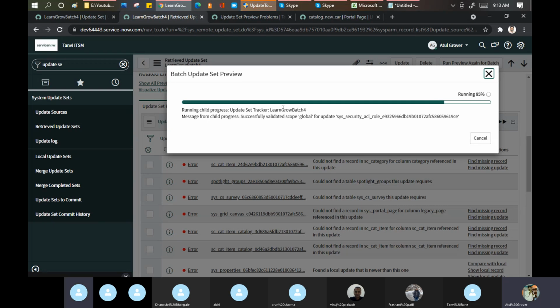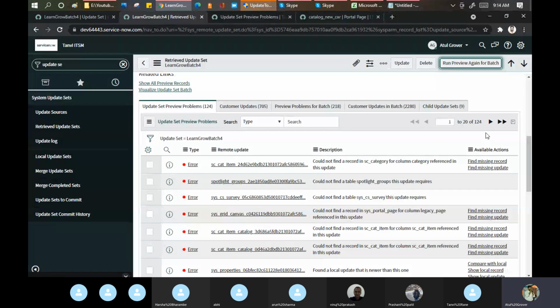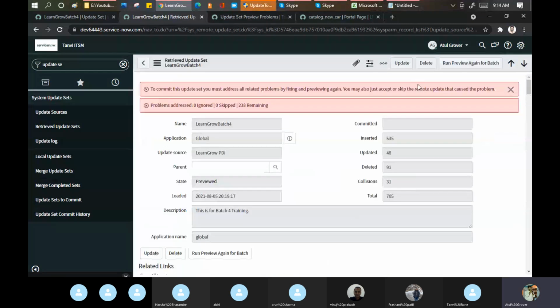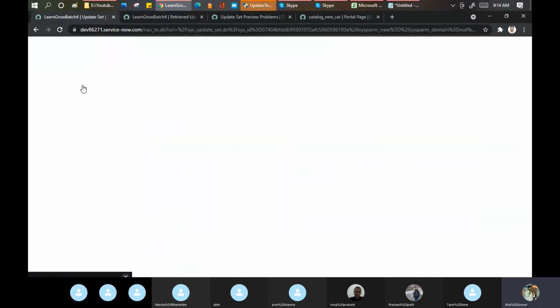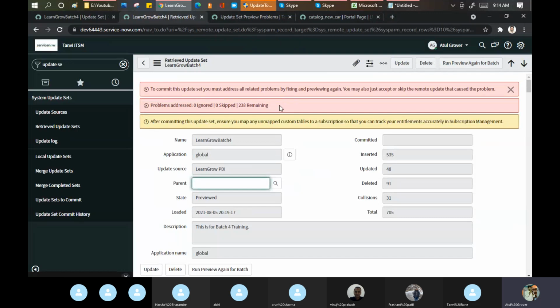Sir, what is the exact purpose of doing this update set movement? To bring your code or the configuration or the customization from the dev instance to the next instance. How will you shift yourself from the old house to the new house? If your tenant or the landlord says, okay, please clean my house and go out, right? So that is the thing. I am in my instance, that is the dev instance, and now I am in the Tanvi instance, that is my production instance.